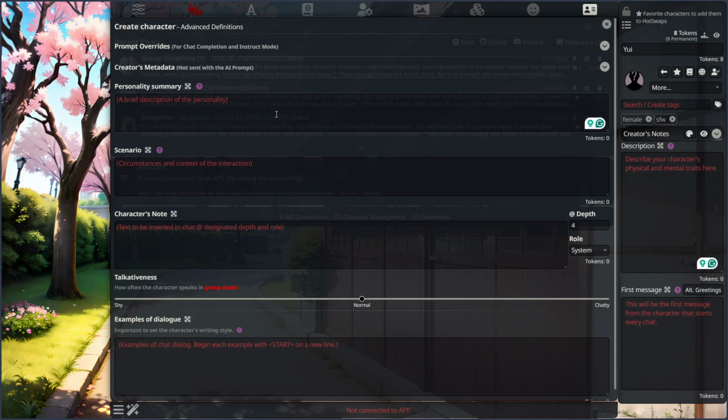Now some advice about the personality summary. It is the same as before. Follow the first principle: don't repeat yourself. Even with personality traits, if there are two traits that refer to the same behavior, it isn't necessary to add both, but you can add them to strengthen this personality trait in a different way and make it better.